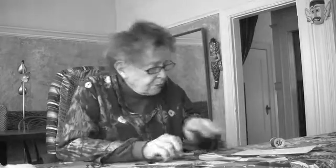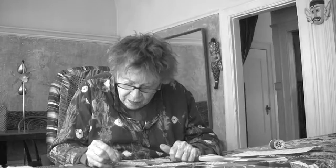JoAnn wants to know if I ever cut designs when I'm cutting the grass. Yeah, I have. I didn't really this time, except shapes. It's almost unavoidable. Okay,